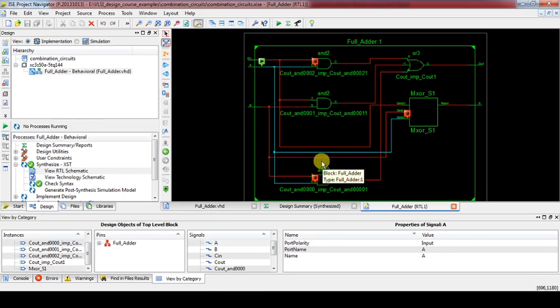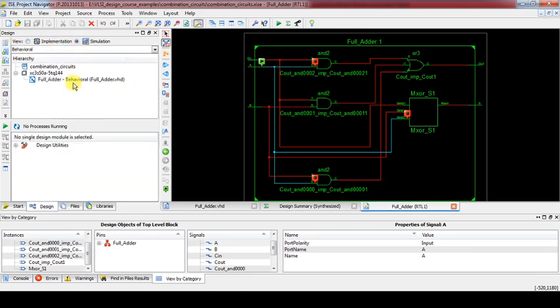Now to check the simulation, we have two tabs here. One is implementation and the other is simulation. We have to click on simulation, click on your design file, open the iSim simulator, and under that open simulate behavioral model. It will open a new window with iSim.